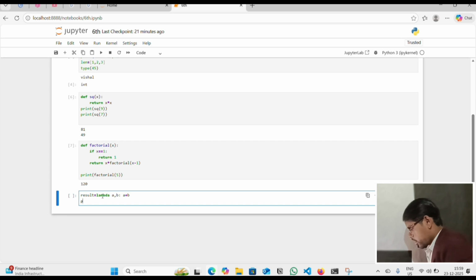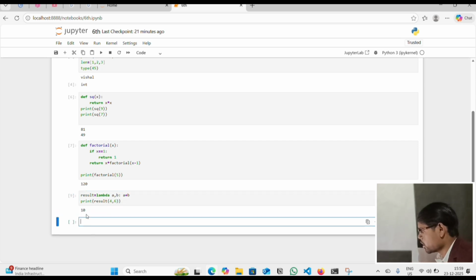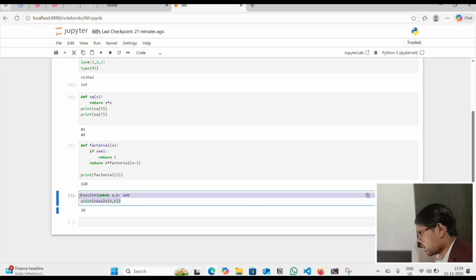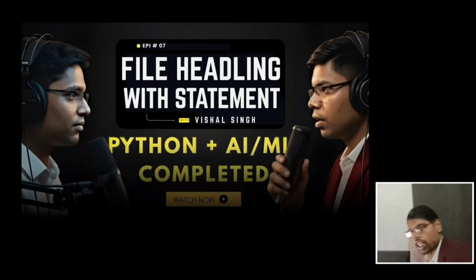Then print, calling result with 4 comma 6, and run. The result is 10. This is our one line function. First result, then lambda, this is the argument, and this is the expression. And in the next video we will learn these topics.